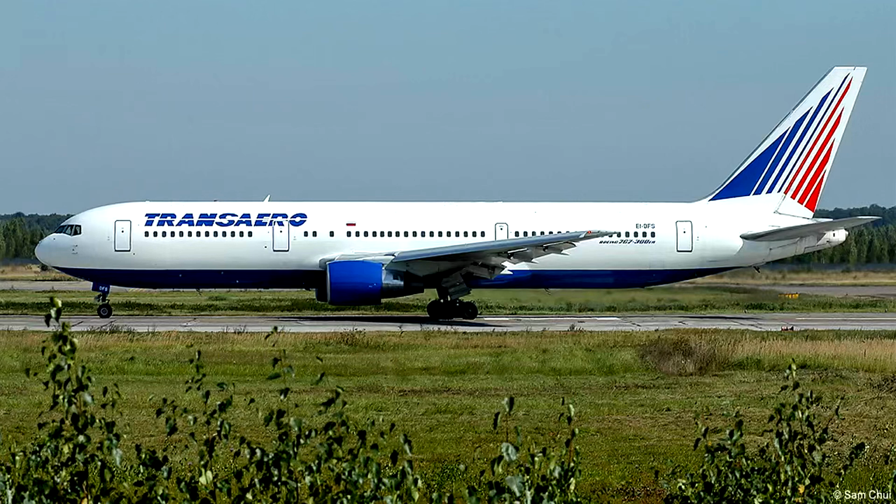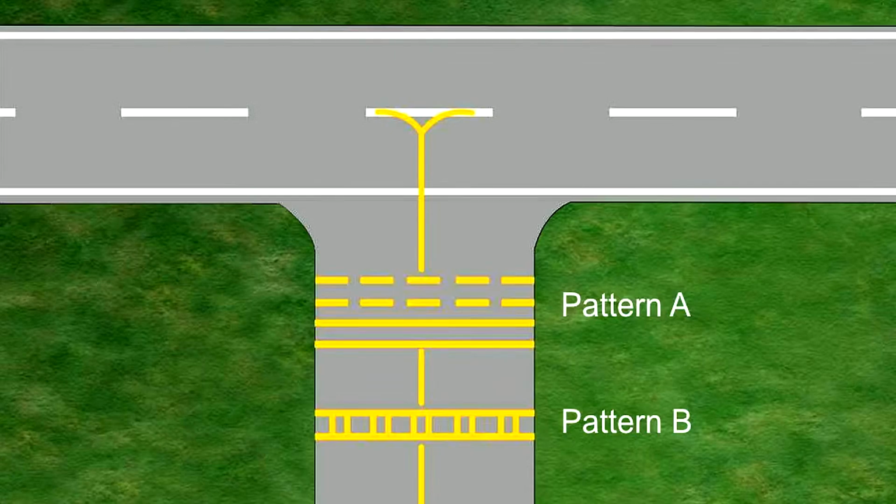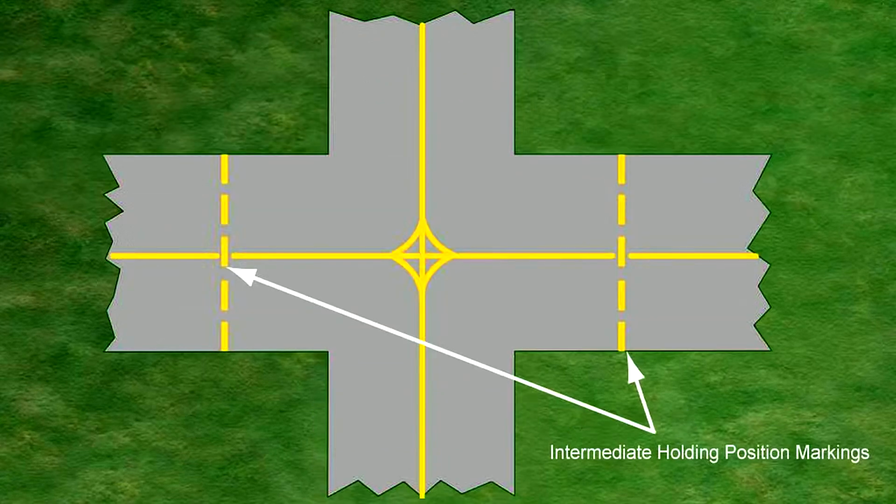The runway holding position marking is to be displayed at a runway holding position and is to extend all the way across the taxiway, and will be such that the holding aircraft will not interfere with aerodrome navigational aids. There are two distinct patterns of runway holding markings, known as patterns A and B.